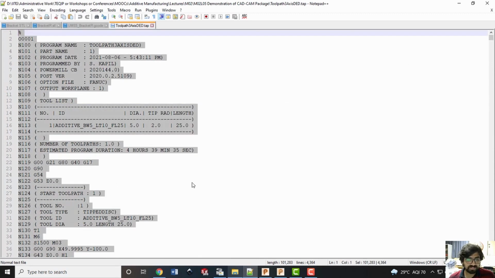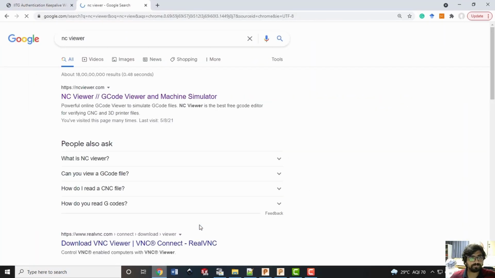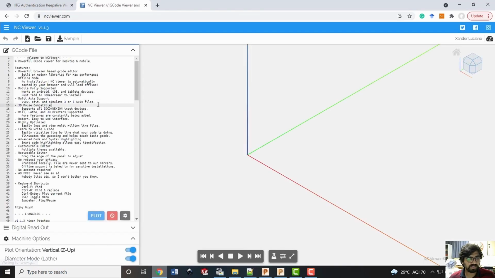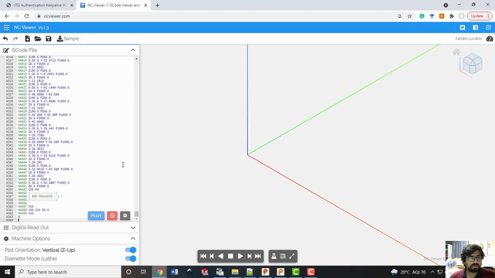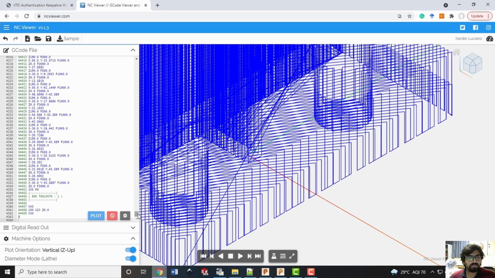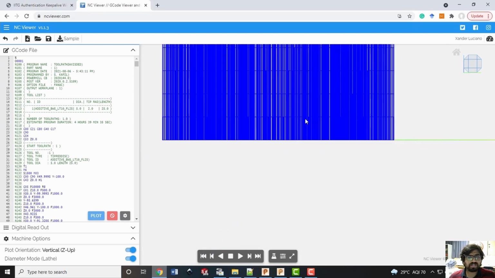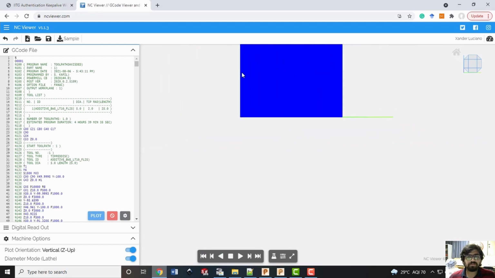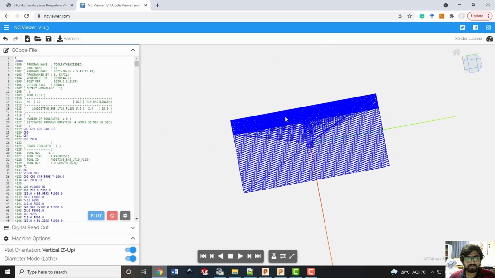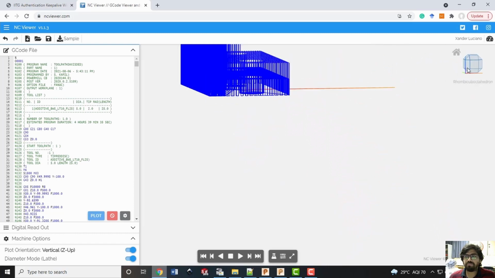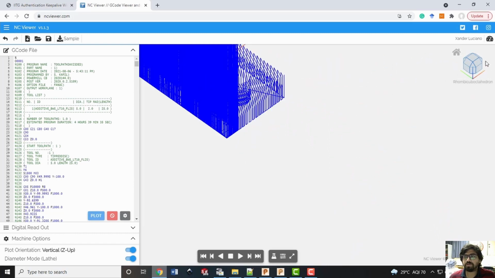If you want to see this again in the NC viewer, you can check. So I'm going to paste this data here and let's see if I can plot it. So here it has been plotted. Of course, there are several links here. That is why it is not very clear to you. But if you simulate it, then you will be able to see that.